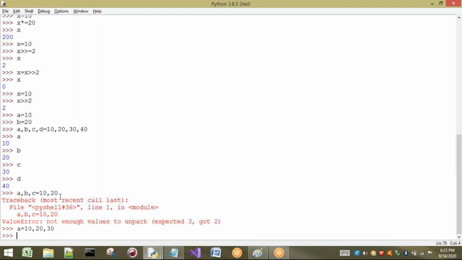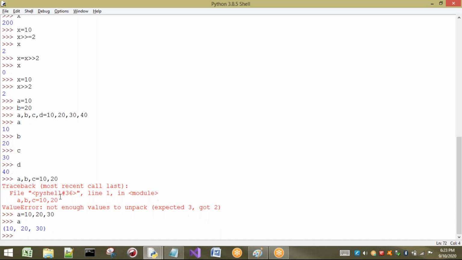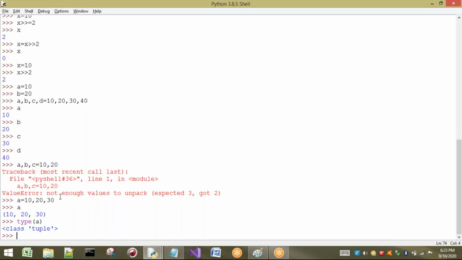There I told one point: parenthesis is not what makes it a tuple; commas make it a tuple. Let us see the value. It is going to print 10, 20, 30. I want to show you the type of a. It is nothing but a tuple. Okay, so these are the different types of assignments we can perform by using the assignment operator.